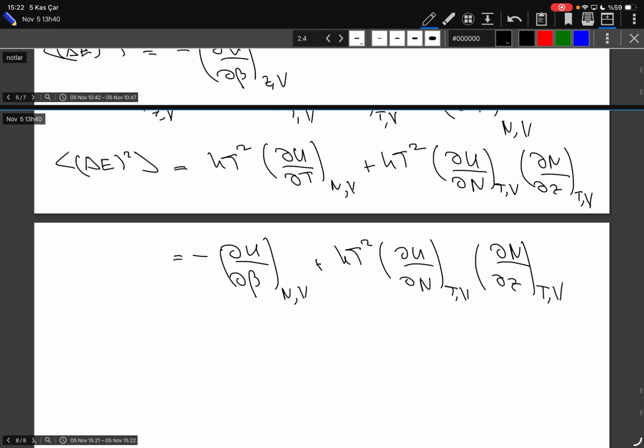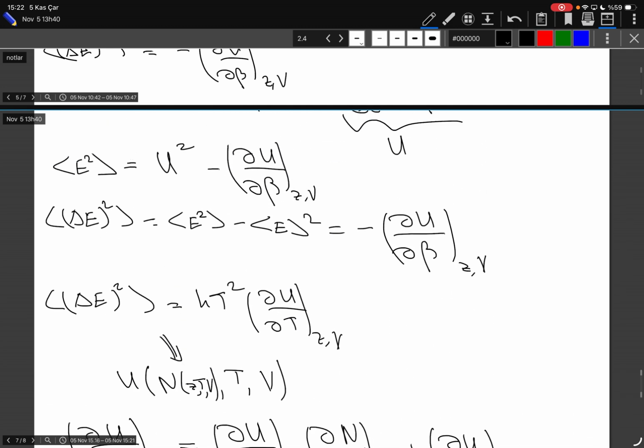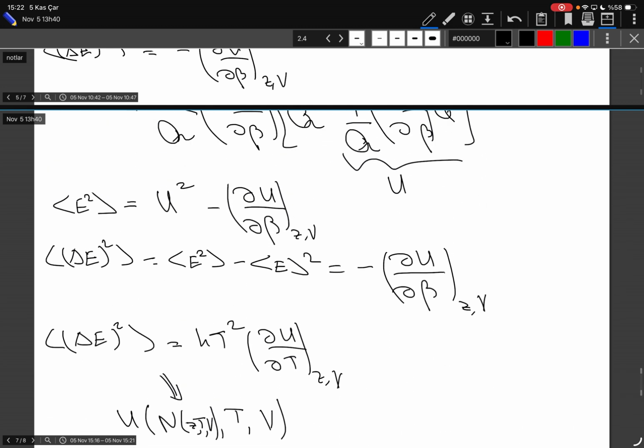Well, the first term, you see, what we are calculating is delta E squared average, which turned out to be just the derivative of U with respect to beta. Why do we have Z at constant Z over there? Well, because we are looking at the grand canonical ensemble, and Z is a parameter that appears in the partition function, etc. But if I would do the same derivation, in fact, we did the same derivation in the canonical